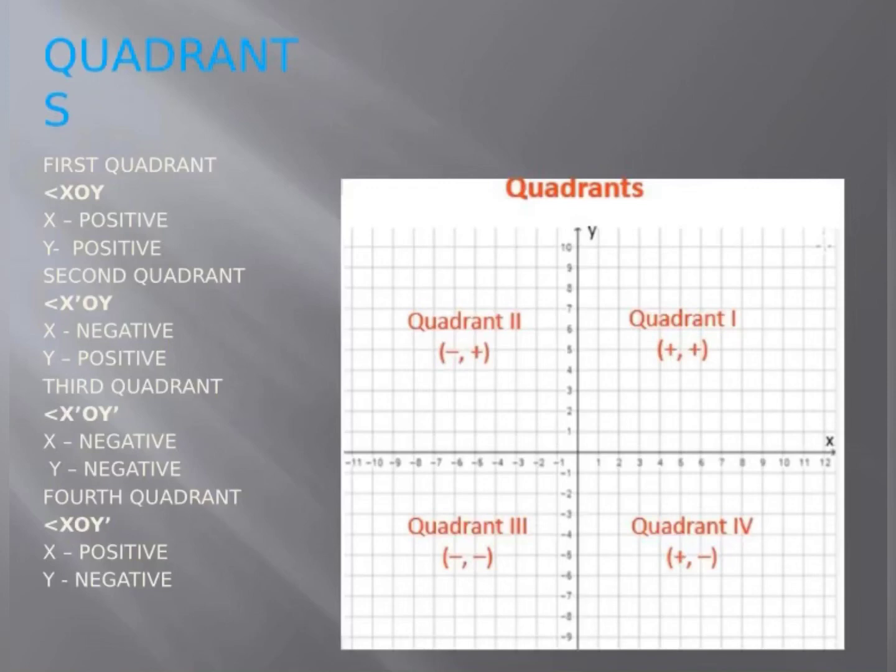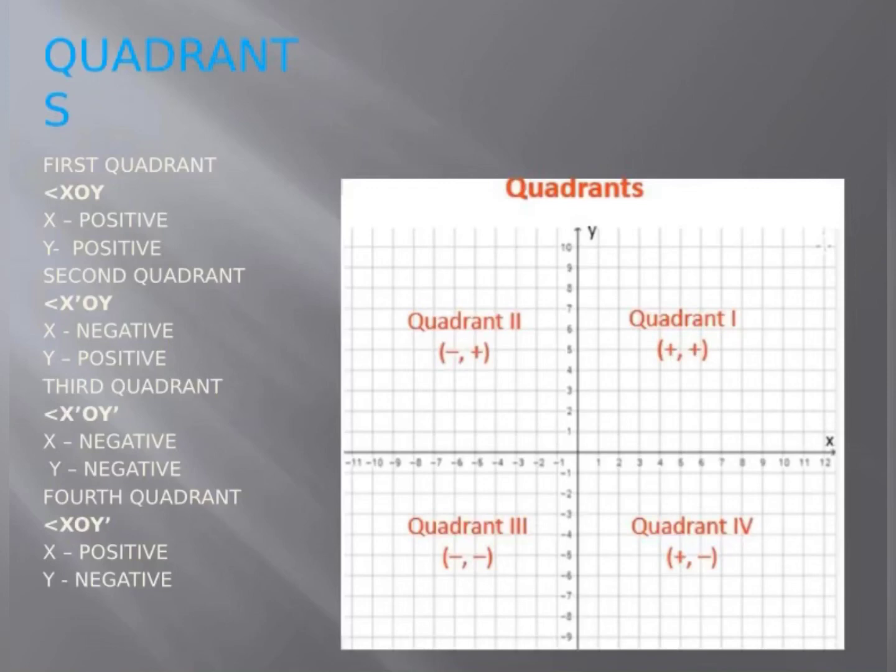In this lecture, first of all, we studied how a coordinate plane is formed with the help of x and y axis. Then we studied that any point on the coordinate plane is represented by an ordered pair, say (x, y), where x is called the abscissa and y is called the ordinate of the ordered pair. We also studied that the x and y axis divide the plane into four equal parts. Each part is called a quadrant.